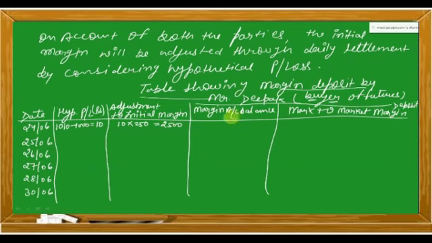Now margin account balance. The initial margin account balance was 50,000 plus it has been added with 2500. So now it is 52,500. So now in the last column we need to write whether he needs to deposit any margin or not. Is there any requirement for the buyer to deposit any amount? So the buyer will not require any amount to be deposited because the margin account balance is already 52,500. So it is higher than 50,000. The minimum requirement is 50,000. So buyer will not require. So we'll write, not required.